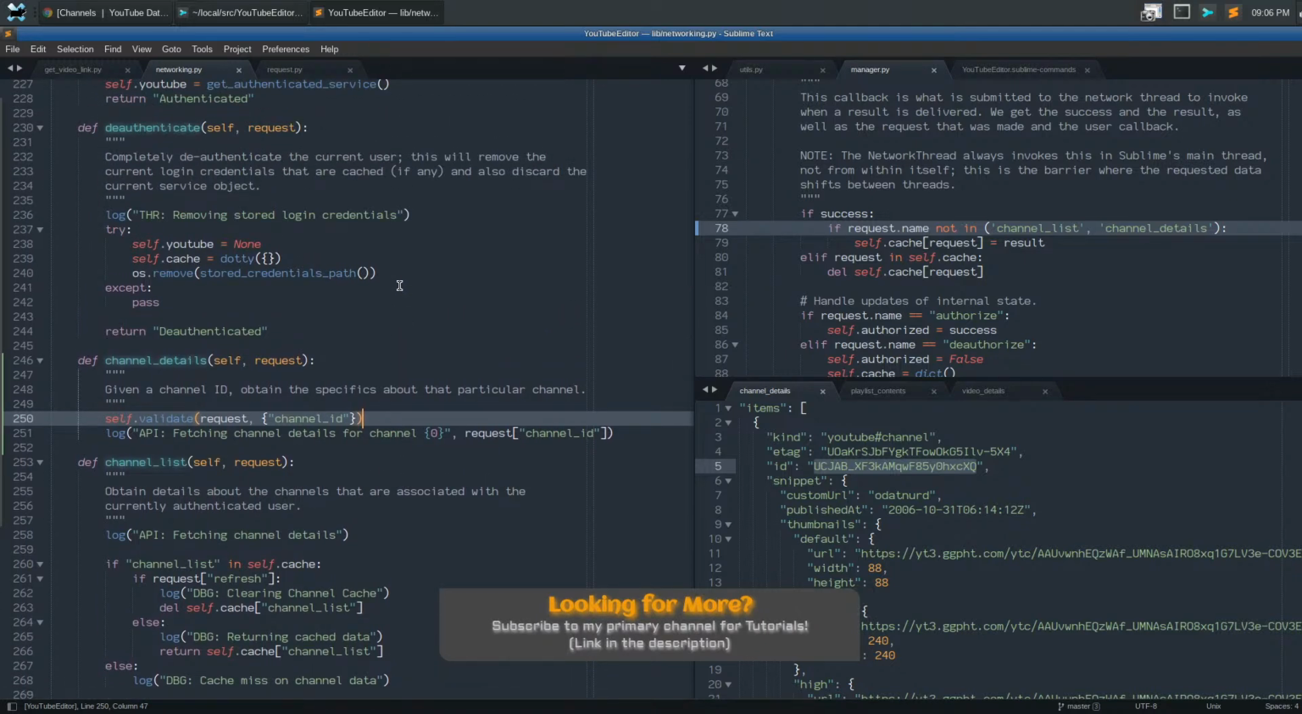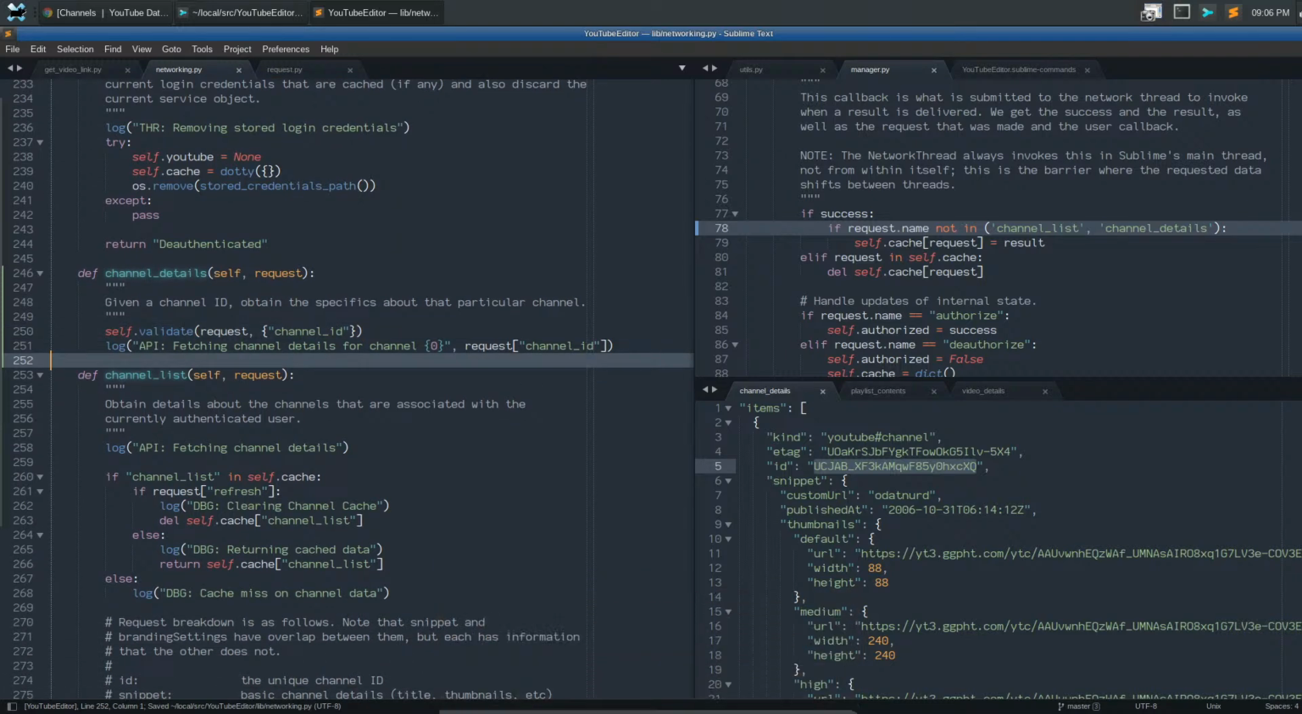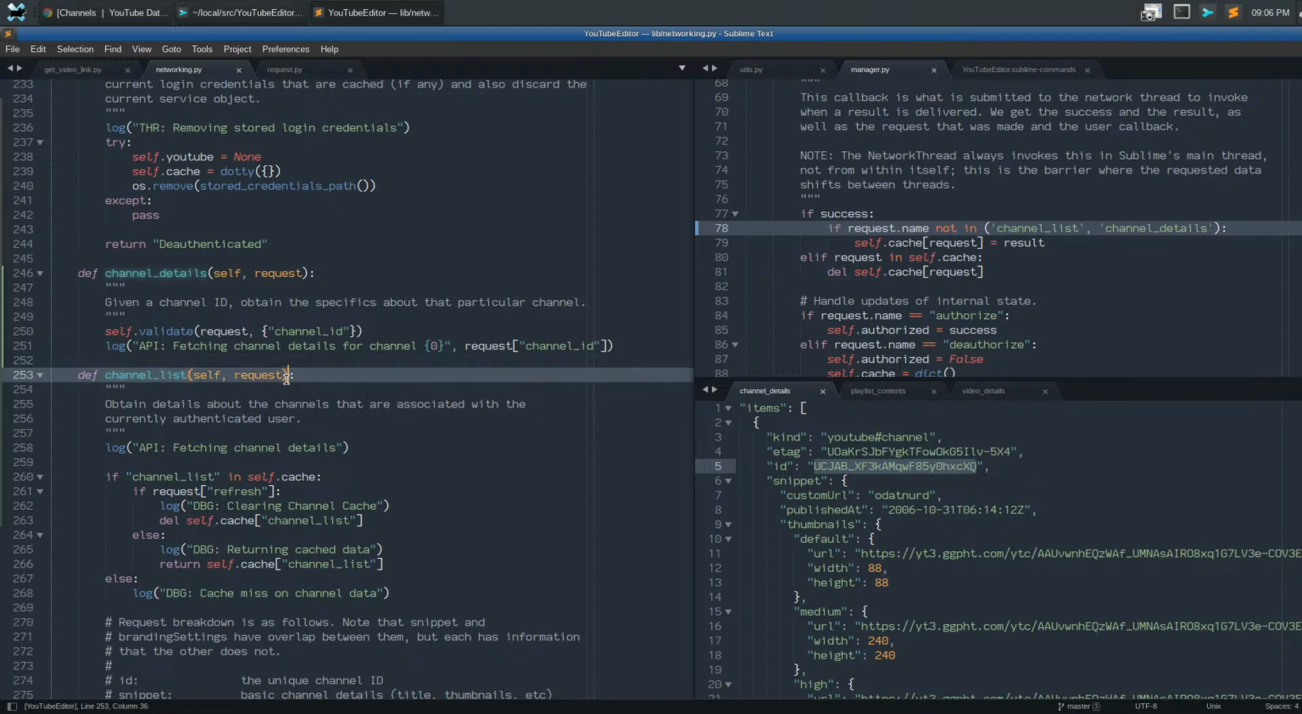Now, here's where we sort of run into an issue. There's no request per se to actually fetch the details of a channel except for this one. But what they could do,